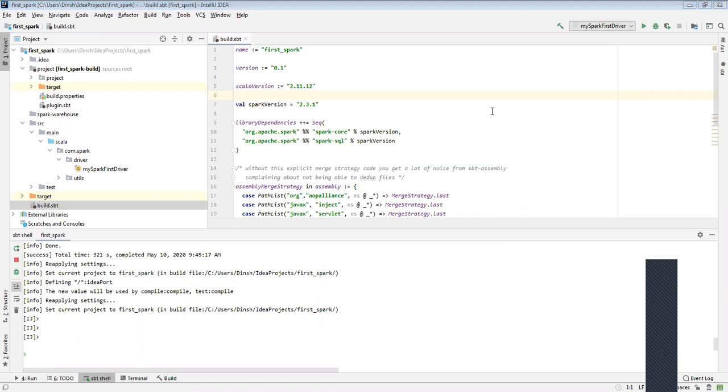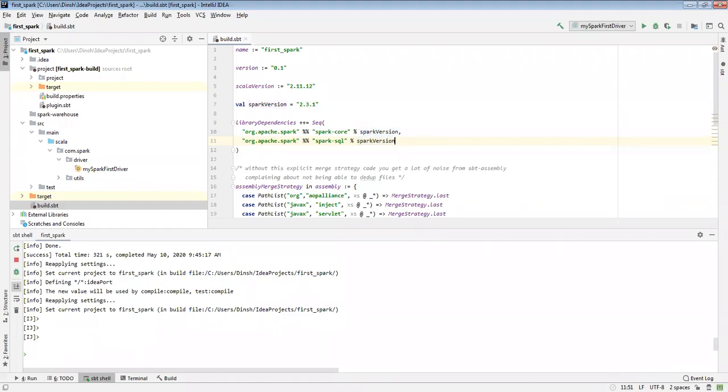The same way you can add. For example, for Hive, just go and search in Google: what is the Hive dependency, SBT dependency? You will get this one line of code for SBT. If it is Maven, you will get the XML kind. That's it. You just need to add it comma separated.